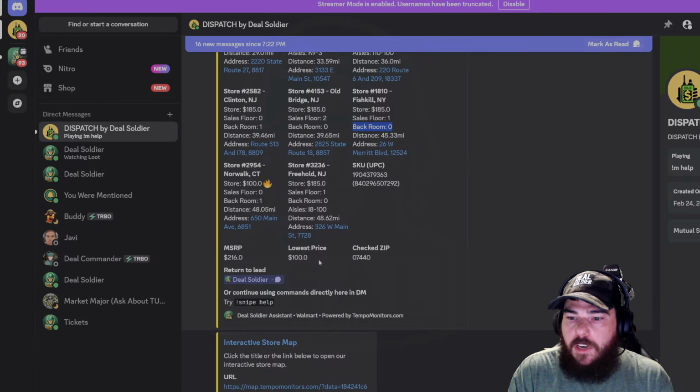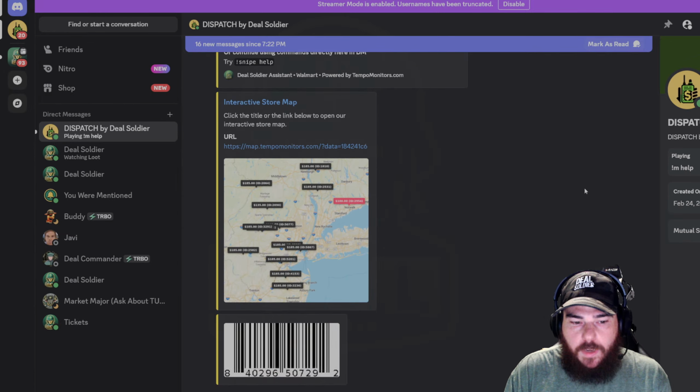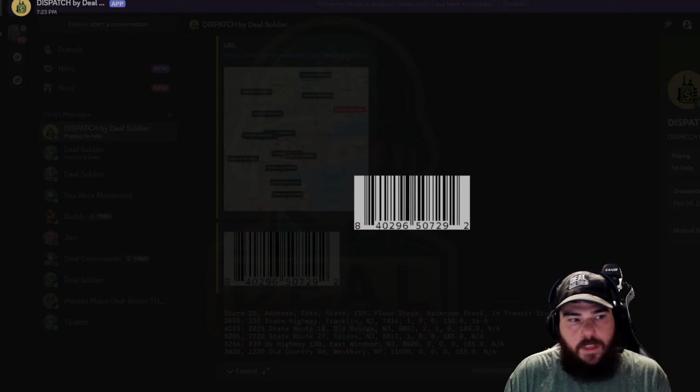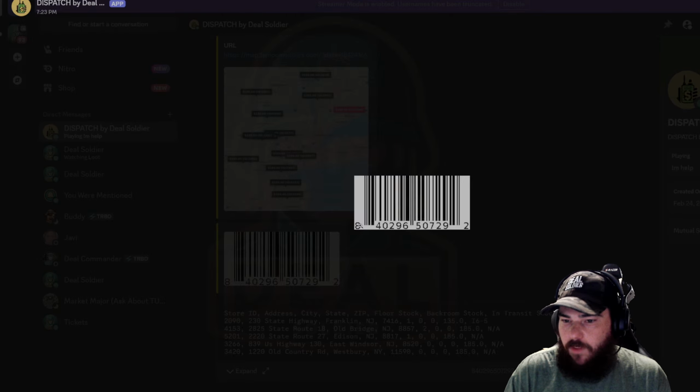I'm not saying on the floor. Do you mind checking the back, see if it's stored back there? They'll say, sure. What's the item name? And you can share them with this UPC right here. You can say, I got the UPC number if you want to scan it, or if you want to share the numbers. And a lot of times, I'd say it's 50-50. Some of them scan my barcode, some of them ask me for the numbers.